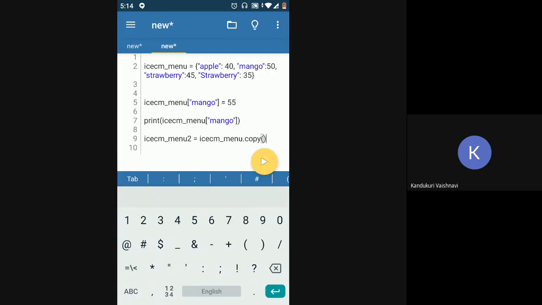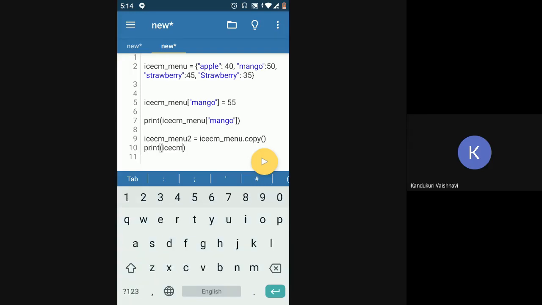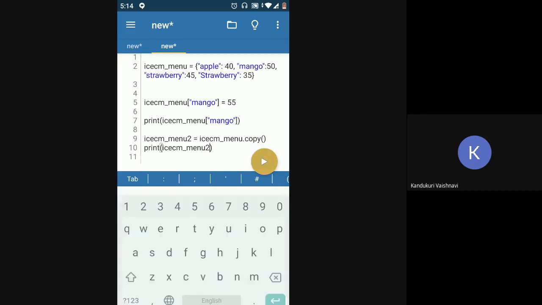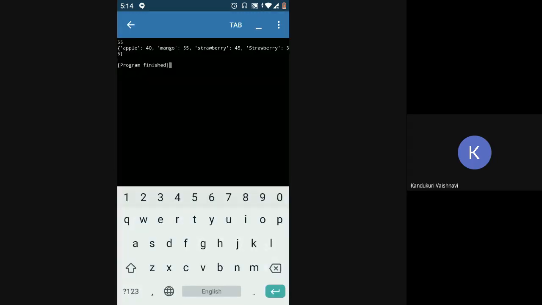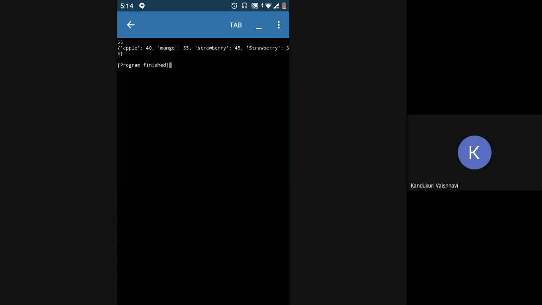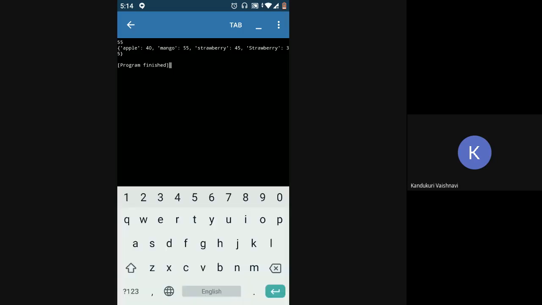And now if I print the second dictionary, it should be exactly the same as the first dictionary. So yeah, here you can see this updated value is also reflected here. Mango is 55 instead of 50.